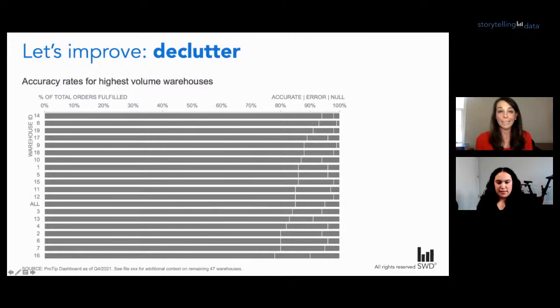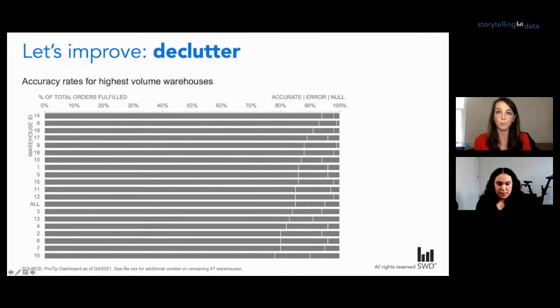So from a decluttering standpoint, everything has been taken away that was distracting or not particularly helping get my main message across. So I'm left with a more effective graph from a decluttering perspective, right? But I don't want to just stop here. So now I want to think about, well, what's going to be interesting to my VP of fulfillment in terms of what do we do with this data, right? And I can use color and words to make that clear.